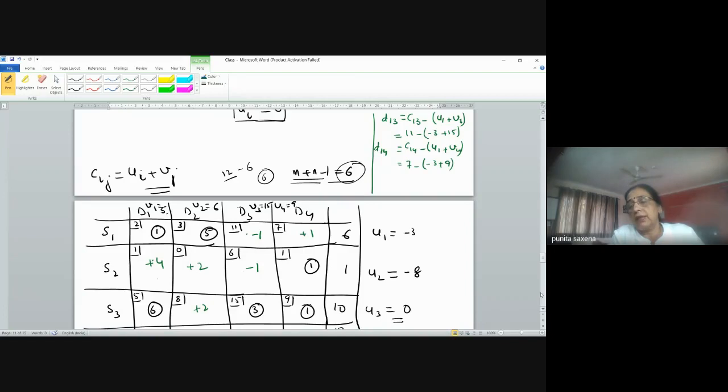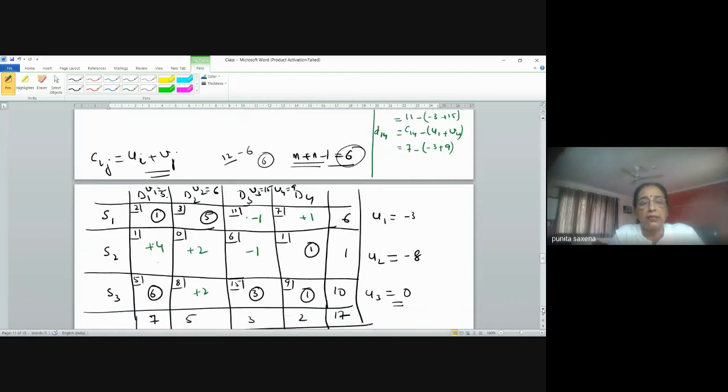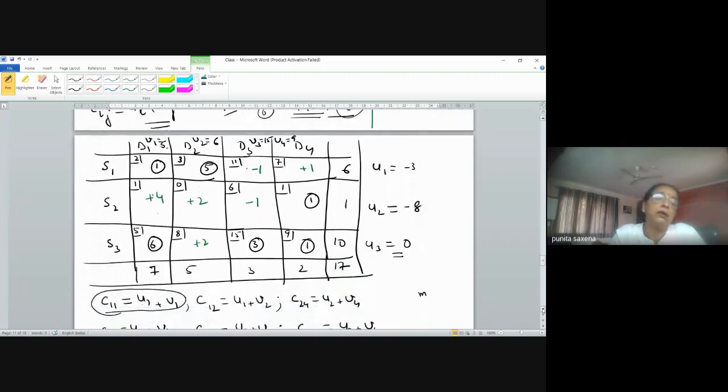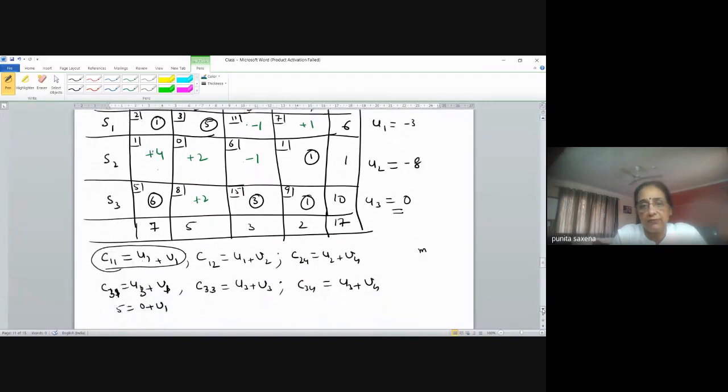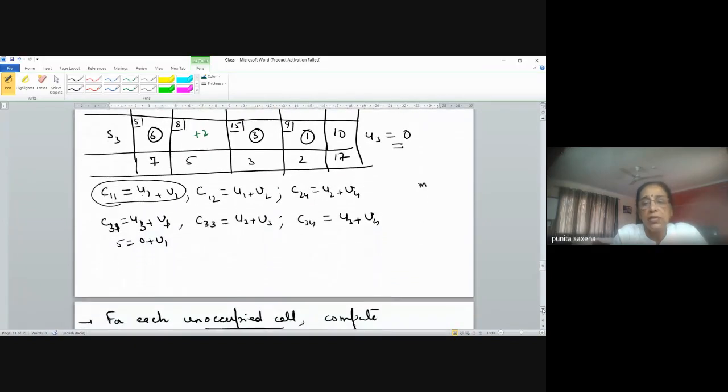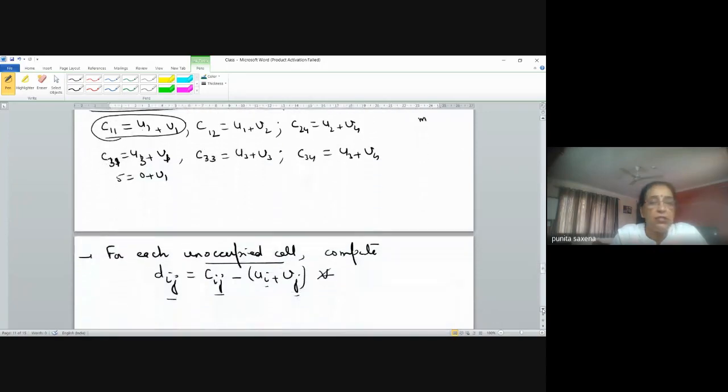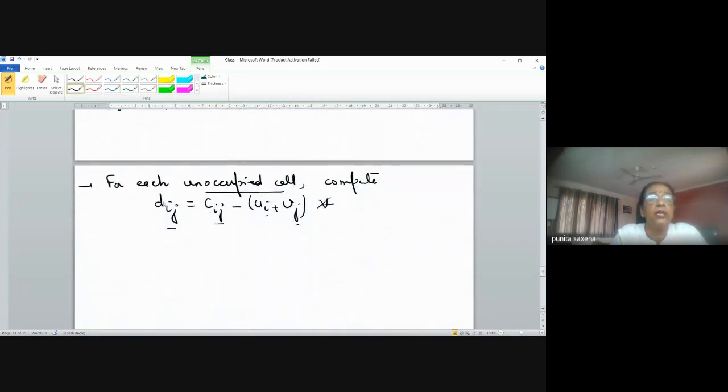अब इस टेबल पे वापस आते हैं. Let's first of all understand. See, now you can see there are a few Dij's which are positive and you've got a few Dij's which are negative. ठीक है ना? Now, the rule says, optimality criteria आ रहा है ये, ठीक है? So it says that if Dij is more than 0 for every unoccupied cell, then the current solution is optimal.